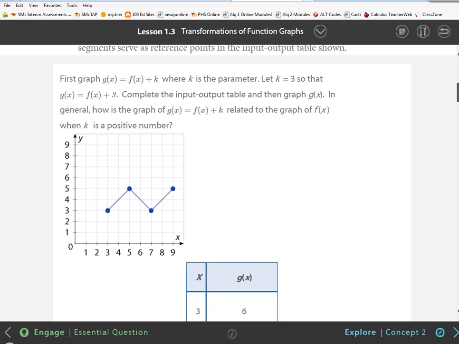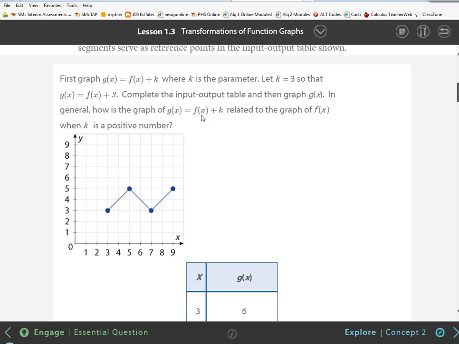Now what's that mean when I say the value of the function when x equals 3? What am I asking about? The y value, right? Because f of x is just a fancy name for y. Think what f of x does. We input x values and it spits out y values, right? So what is the value of f of x when x equals 3? It's 3, isn't it? Right? Okay, so what's the value of f of x when x equals 5? It's 5. So if we're going to create some new function, g of x, that's based on f of x,